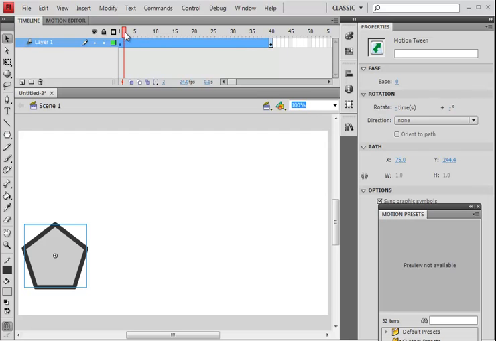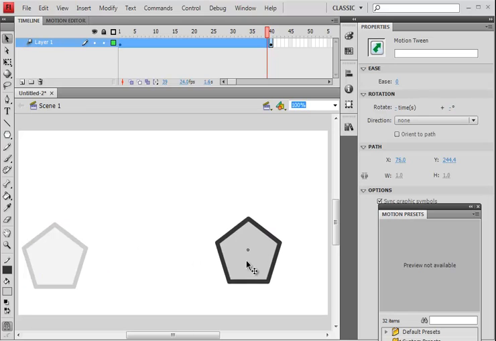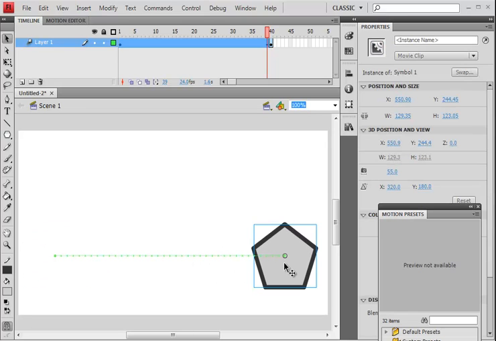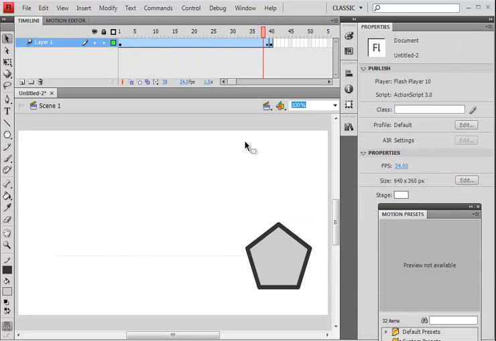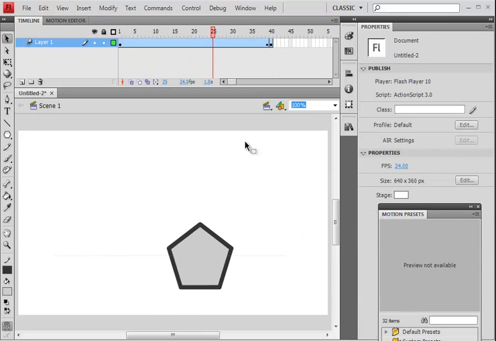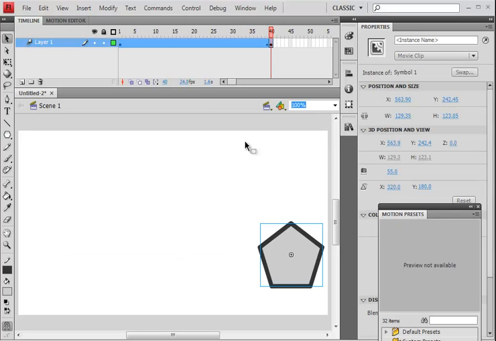I'm going to move this across to the frame just before 40 and move this over there to the right side of the frame. And notice in Action 3.0 we've got this dotted green line signifying a dot for each frame. And that's it. So if I hit enter, I can play the animation and see the pentagon just slowly going across the frame. Okay, so that's all right. Nothing too exciting, but